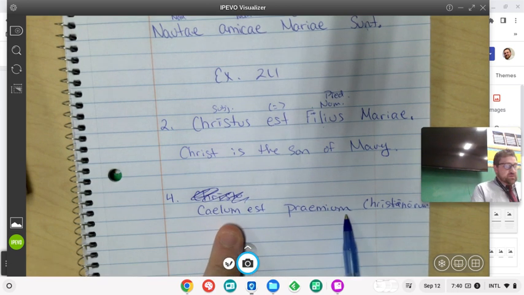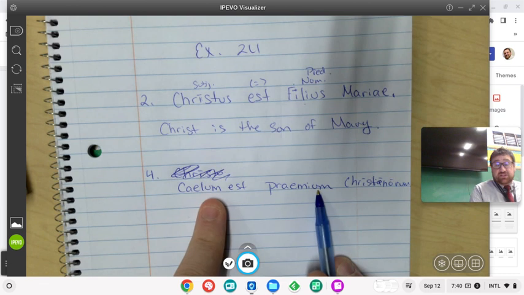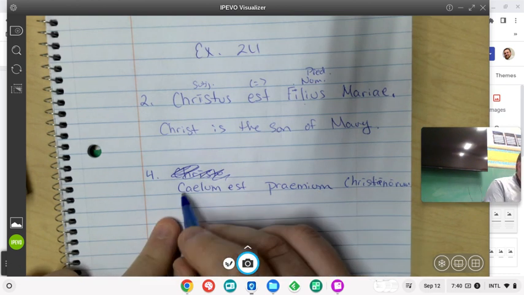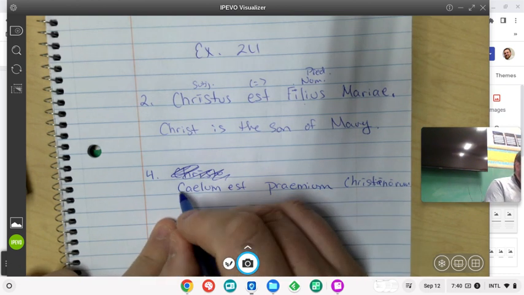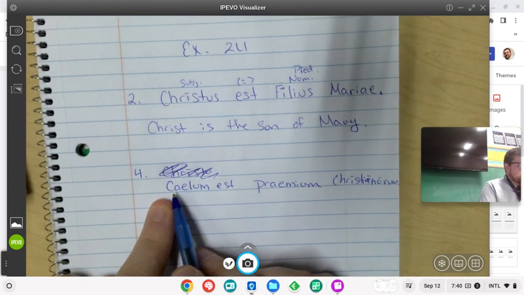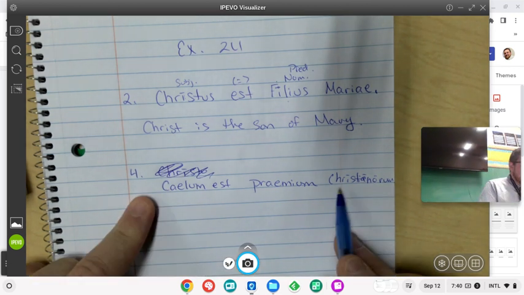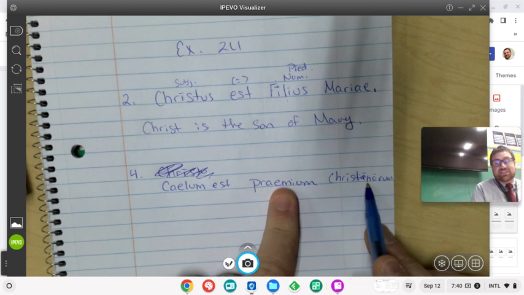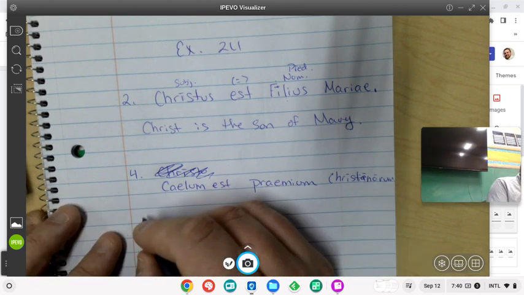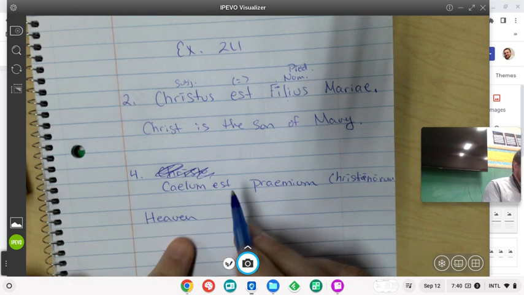So we have 2 nominatives again, although this time these nominatives come from the second declension neuter. So, well, it would be capital because it's at the beginning of the sentence either way. So we have to determine, is this referring to the Christian heaven or is it referring to the sky? I know what the rest of the sentence says, so I believe it's referring to Christian heaven. So we'll say heaven is